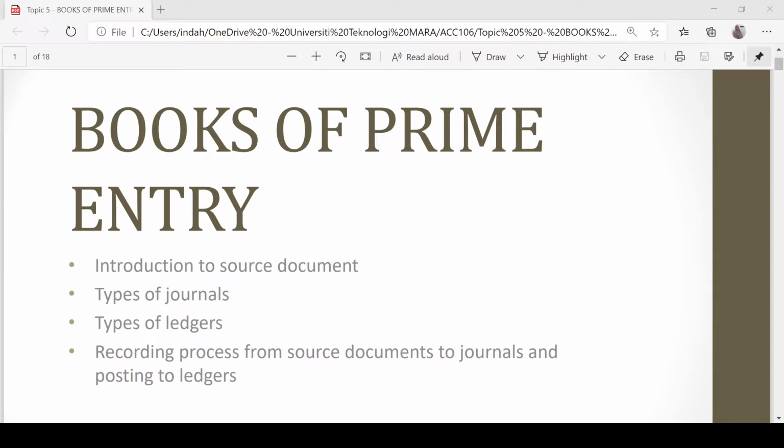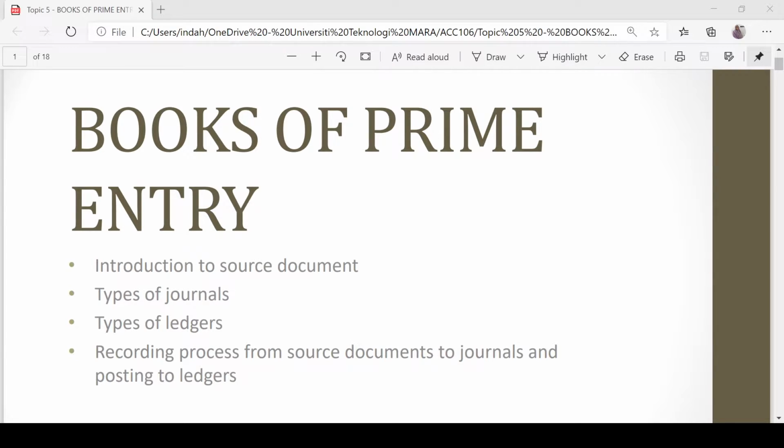From there you are able to prepare the journal entry and journalize the transaction, because from the accounting equation, like what I have taught you previously, you may use it as a guideline to know which account to be debited and which account to be credited. That is the aim of the previous topic. So all the transactions are journalized in the general journal, where you have debit and credit columns. However,